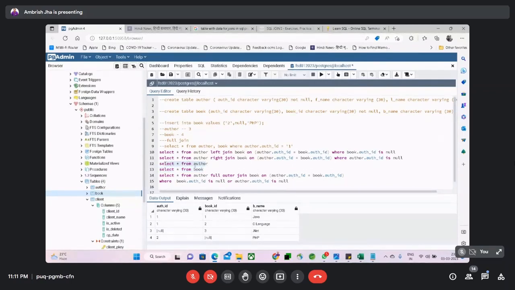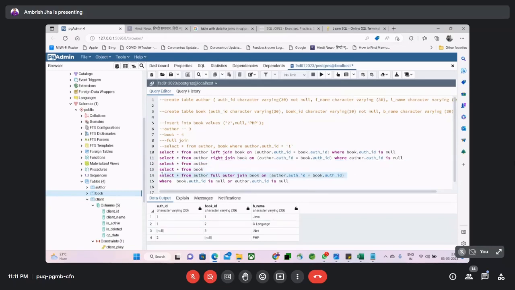So 1, 2, 3. 1, 2 is common. नहीं, अब ऑथर आईडी देख लेते हैं। मेरे पास ऑथर 3 ही है, 1, 2 and null. हाँ, ये तो 1 वाला जो ऑथर आईडी है वो तो बुक के टेबल में रिपीट हो रहा है। तो ऑथर आईडी 1 फ्रॉम द ऑथर टेबल एंड बुक का जो 2 रिकॉर्ड है जिसमें बुक आईडी 1 एंड बुक आईडी 2, उसका ऑथर तो मैच हो रहा है। तो ये दोनों मिल के तो एक्चुअली में सिंगल रिकॉर्ड बनेंगे ना।